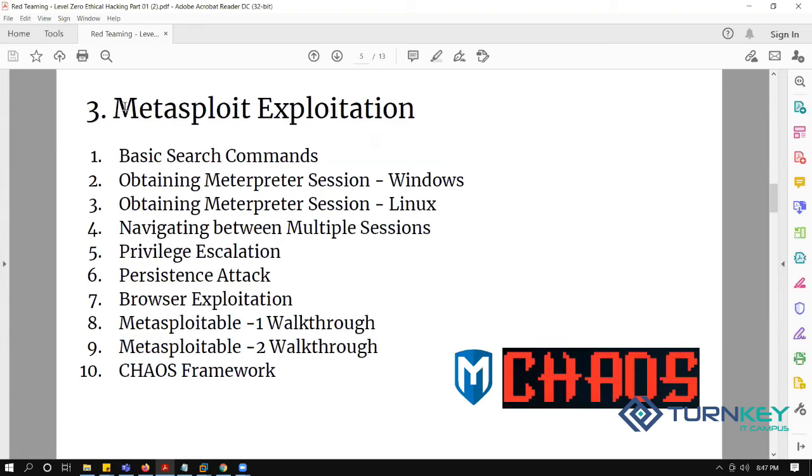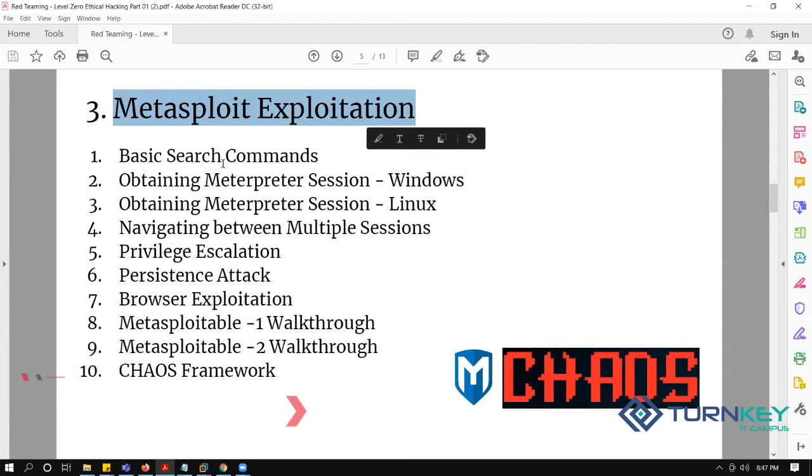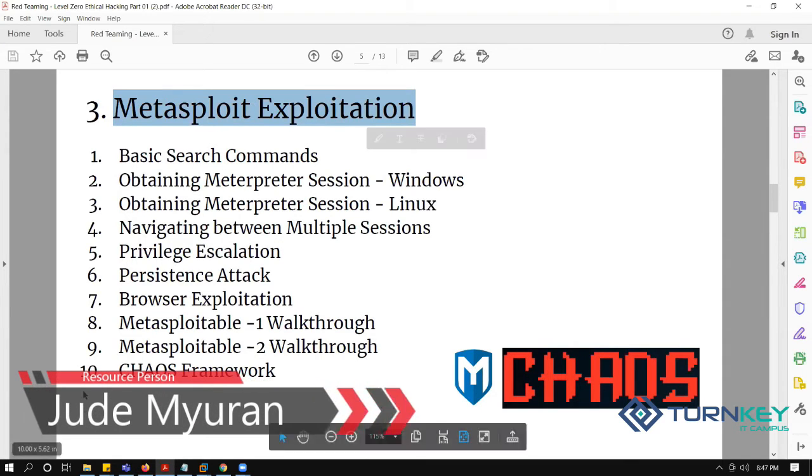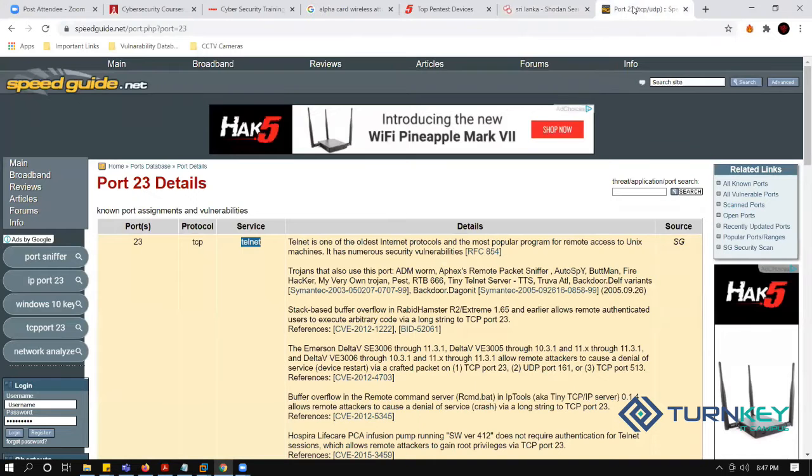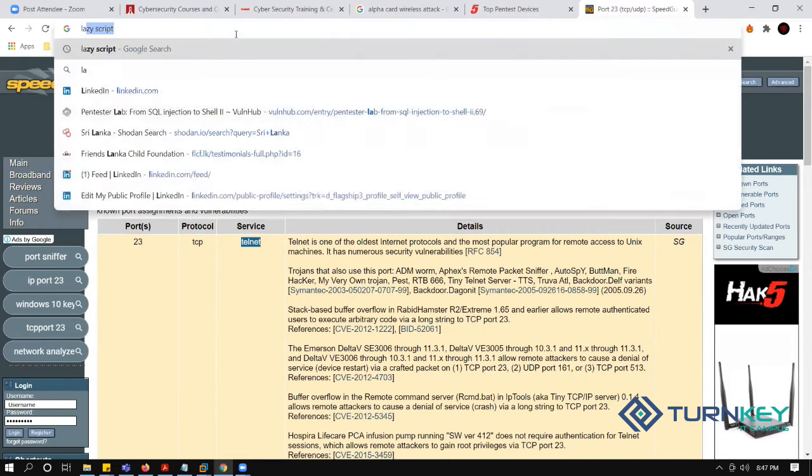On the third day, we will be focusing on Metasploit Exploitation. As you can see, this is a famous framework, and 60% of the ethical hacking content is really based on this. However, there are many different frameworks available which are better than Metasploitable, but we are going to stick with this. So Lazy Script